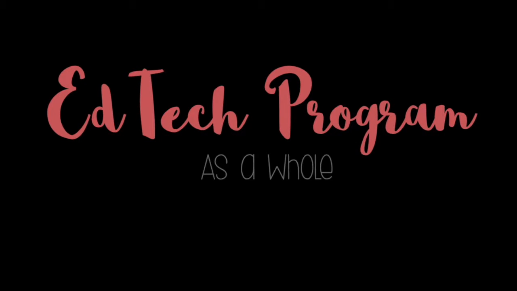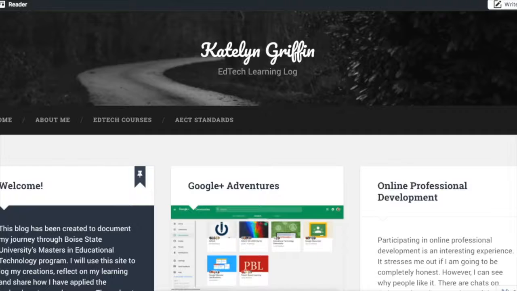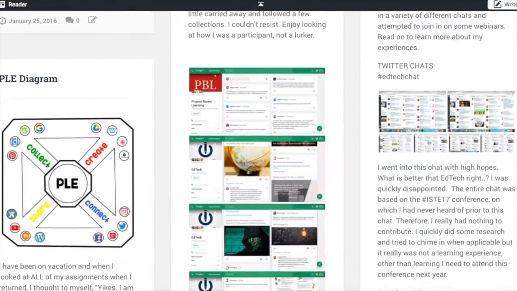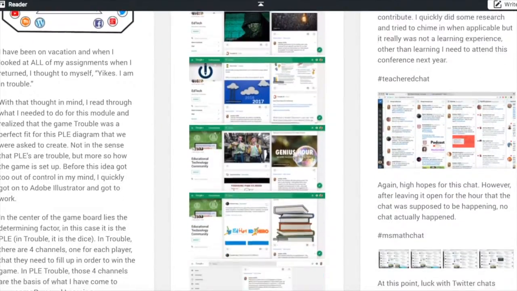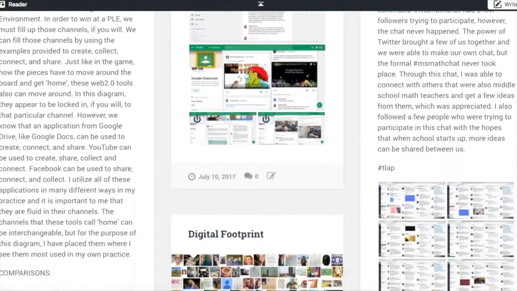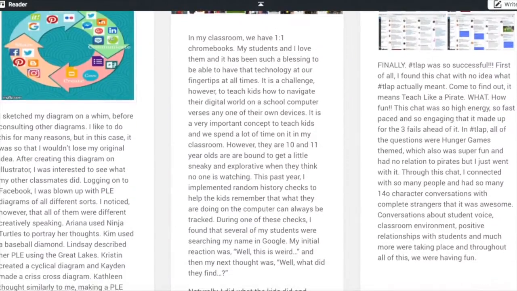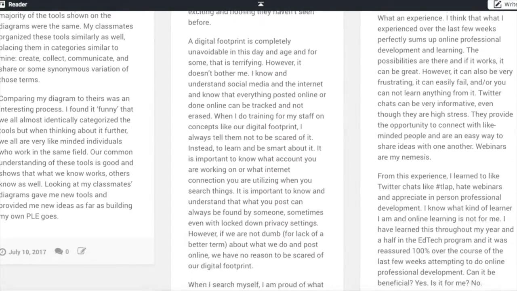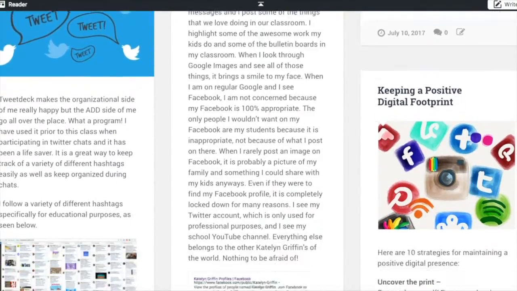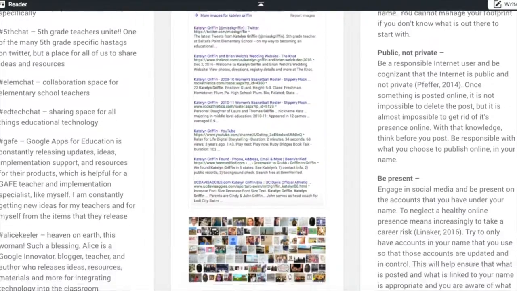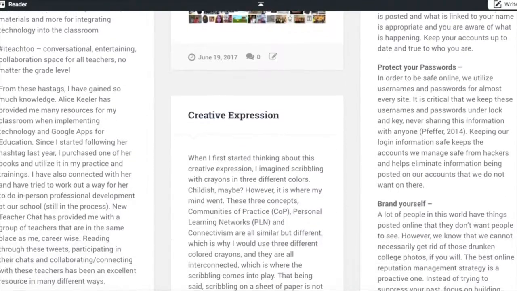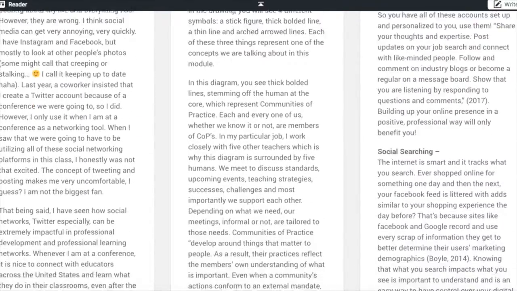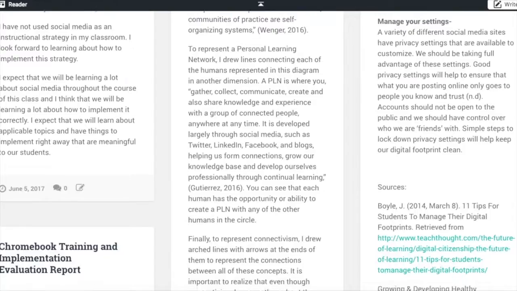When I think about this program as a whole, one of the things that stands out to me most is the amount of reflection that happens as a result of the artifacts that we create. In just about every class, for about every assignment, some sort of reflection was done. Whether it took place on Moodle, in a discussion forum, on a blog post, over Facebook, or in a more formal reflection, it was always happening. For a majority of the courses, I utilized my EdTech Learning Log, posting assignments, reflections, and thoughts for each. Through these reflections, important concepts were thought out, new discoveries were made, collaboration took place, feedback was provided, and effectiveness